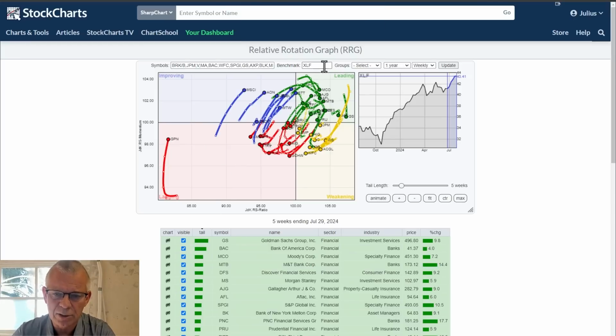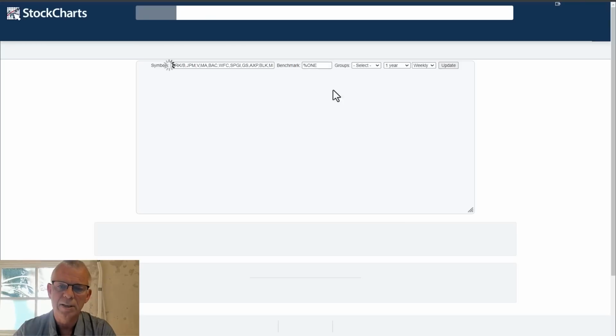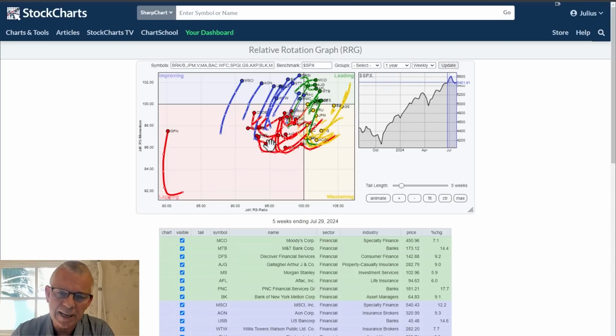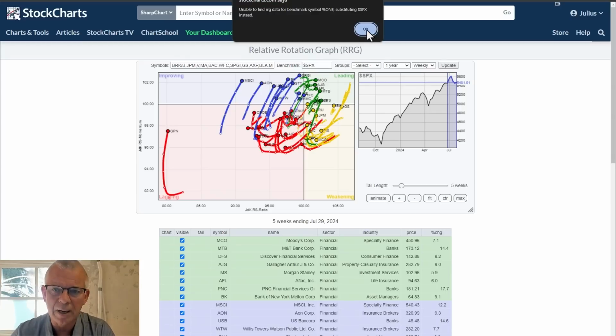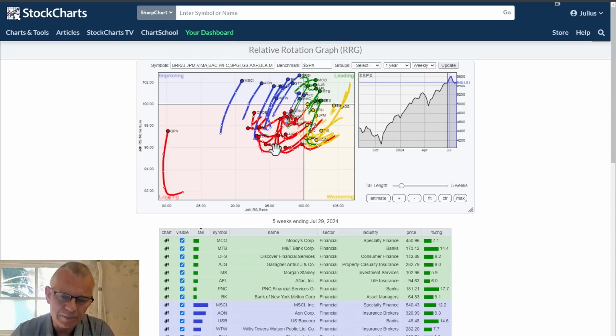And another thing that is interesting to see is if you compare the XLF universe to $1 and looking at absolute price trends, you can see how this sector is actually, they're all turning back up, and that means that these price trends are also improving. There are still quite a few on the left hand side, but you can see how the improvement is absolutely there for the financial stocks. And I've noticed that especially banks seem to be in very good shape.